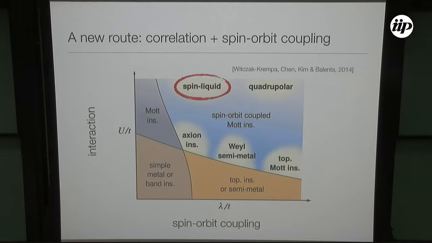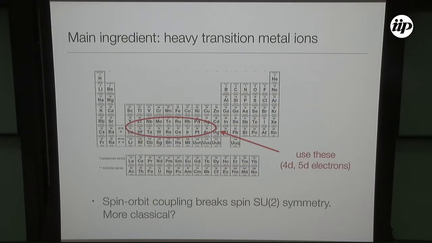But what I want to emphasize here is that in this kind of schematic phase diagram, there is room for a spin-liquid phase when you combine strong correlations and strong spin-orbit coupling. And where do you get that combination? Usually, if we want strong correlations, you take transition metal oxides. In this case, we also want strong spin-orbit coupling, which means that basically we go down in the periodic table, and we're going to talk about materials that have, say, 4d and 5d electrons as the active magnetic ions in a given compound.